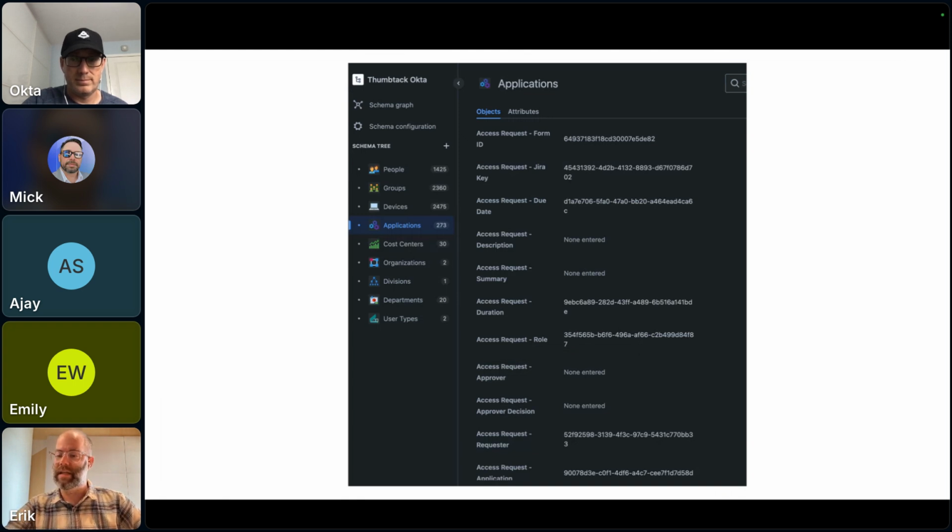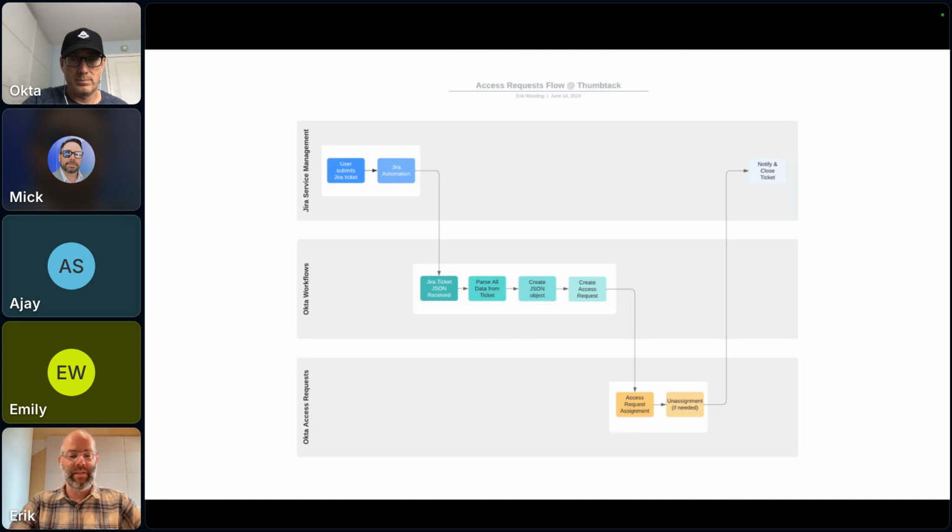Let's see. Okay. So what does it look like when we start a ticket? The user will submit a ticket. Jira automations will occur. This is our general operational needs, right? We're going to assign the approvers. We're going to assign some labels. We're going to make sure it has all the correct application components.